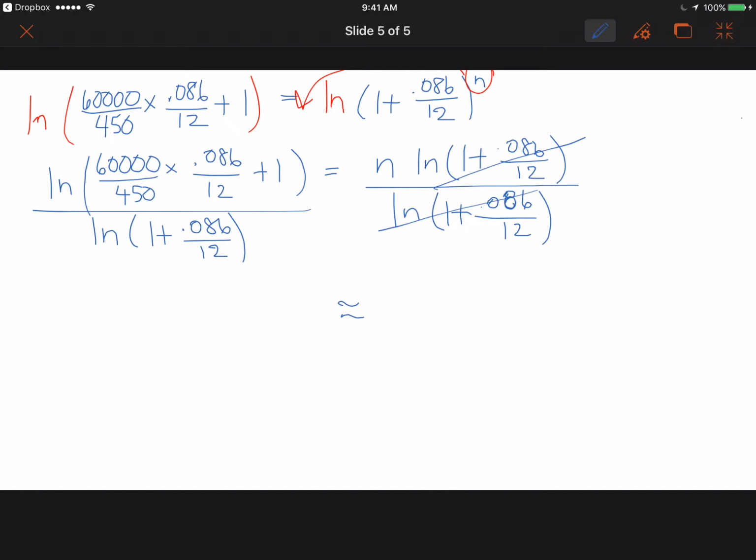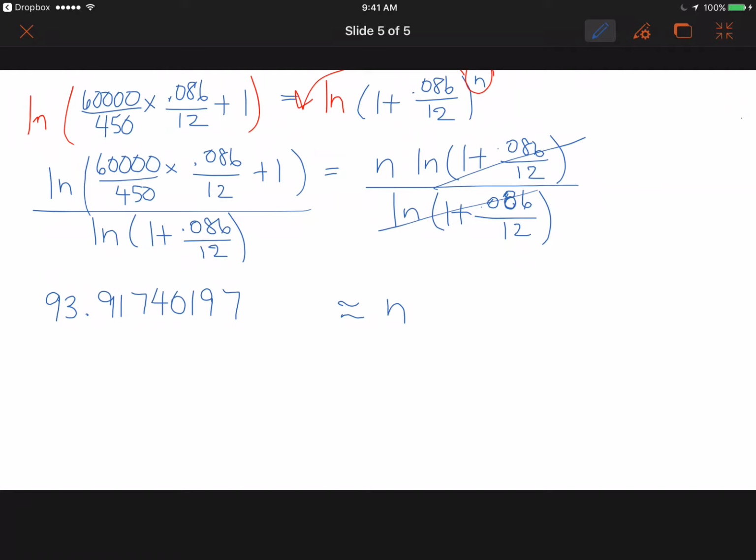All right, so if you plug that into your calculator, take a second, maybe pause the video if you need to, and plug that in. What you should get is 93.91740197. Now remember, n is the total number of payments, so you'll have to make approximately 94 payments to reach